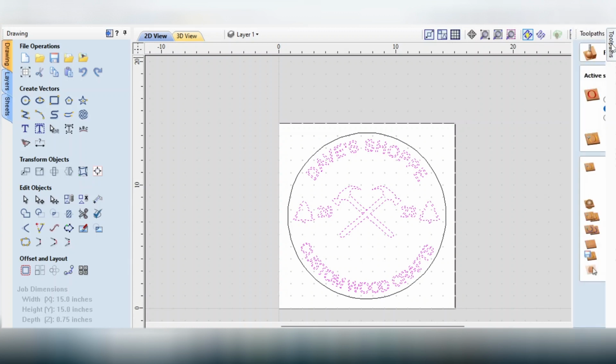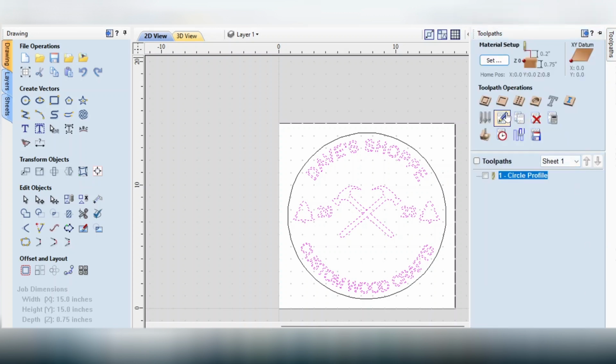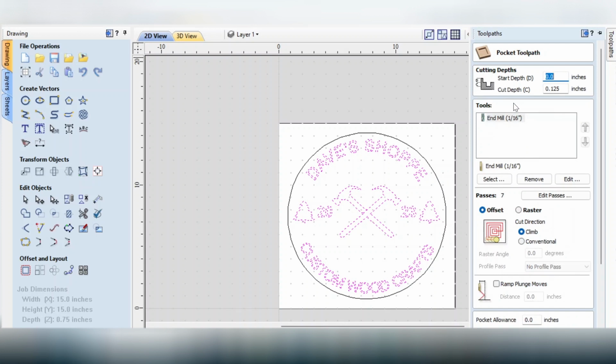We want to go to toolpaths and we want to create a pocket toolpath. So again, we're going to start at 0, which is the surface. We're going to cut to 1/8 of an inch, which is 0.125. We want to use a 1/8 end mill and not the 1/16 right now. So we're going to hit remove,